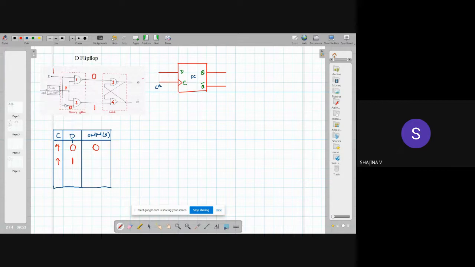Right? And here we can generalize for the third NAND gate. One of the inputs is 0, so independent of the other input, this output will be equal to 1. And obviously this 1 and this 1 are given to the fourth NAND gate, so the output will be 0. So what we can conclude: the output of the flip-flop is 1 when the input equal to 1. Okay. So this is the simplest form of truth table in the case of D